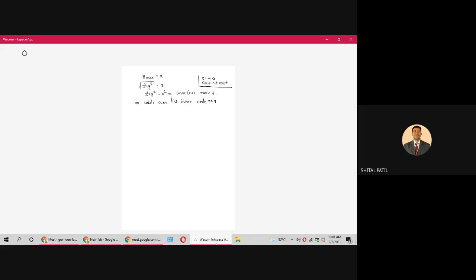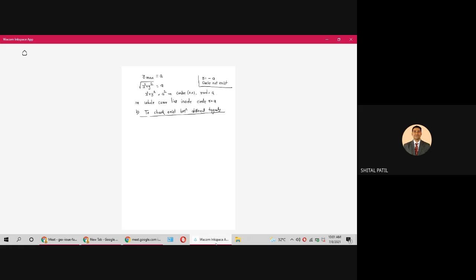Now we'll check the second part, the B part. To check the existence between, understand, this is a new part, between different tangents. Tangents के बीच में इसका existence देखना है. ठीक है? To check the existence between different tangents.